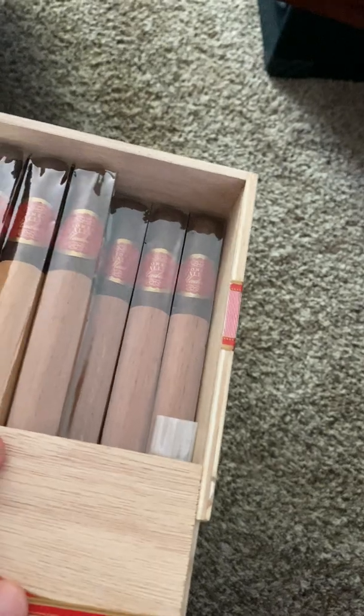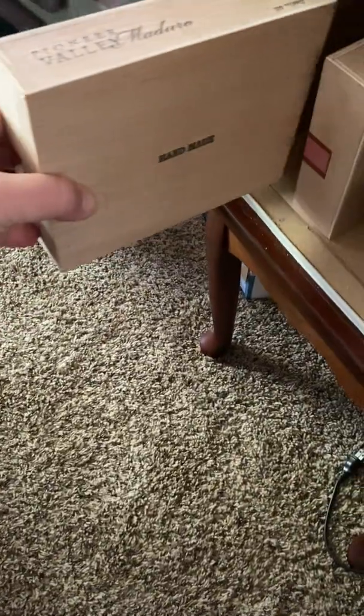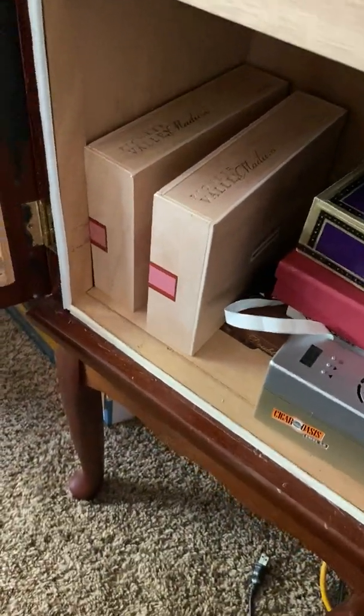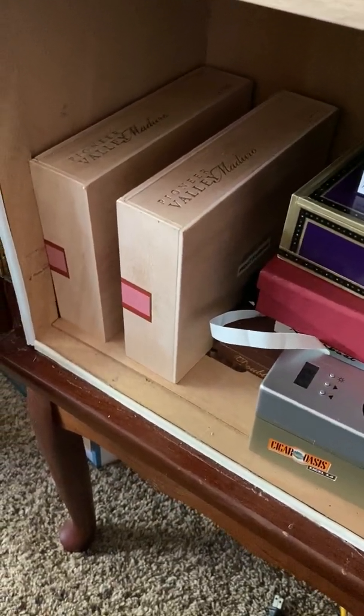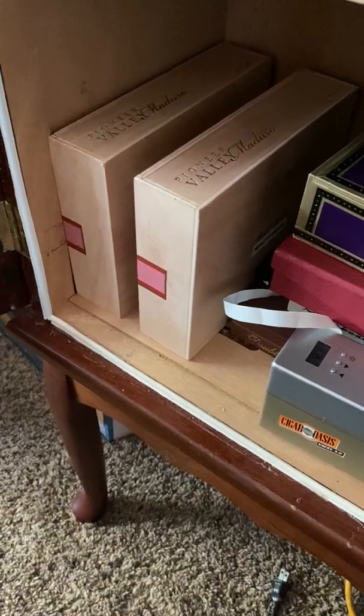as far as the taste goes, all the ones I've had so far have been spot on. They are super yummy. And again, the price to quality point on those is just outstanding. You know, give or take 30 bucks for a box of 20. And